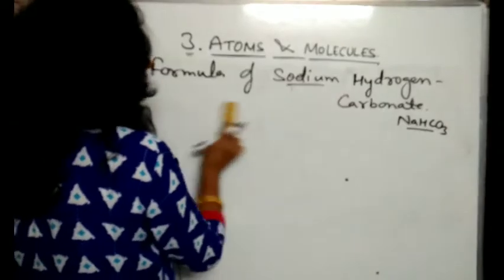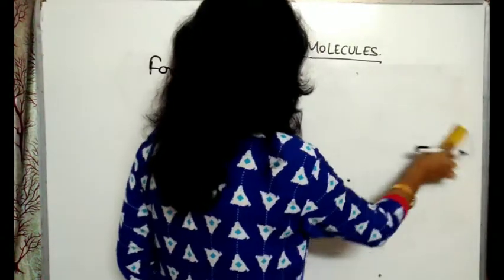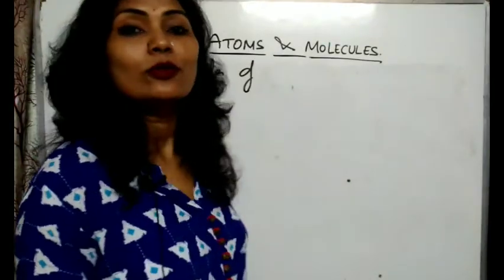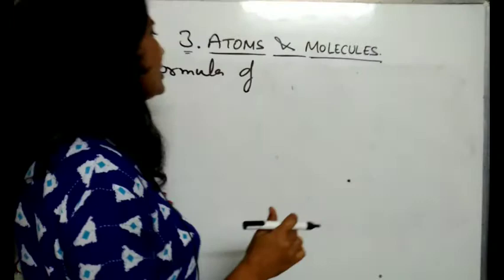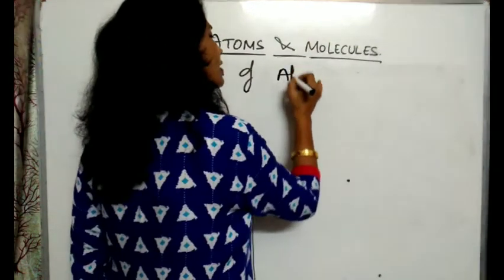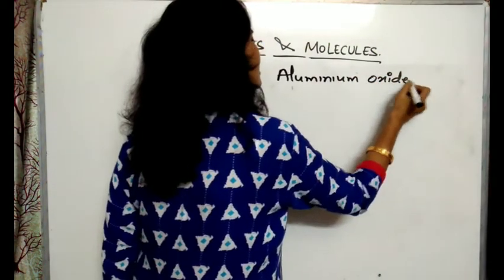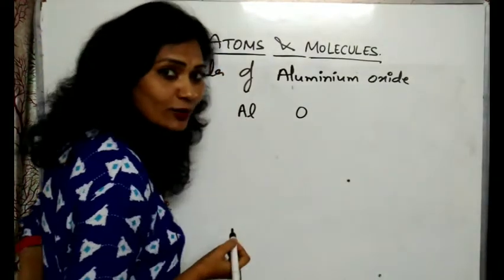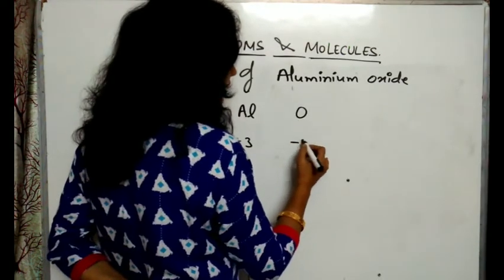We can take another example that you told me. We will take aluminium because its valency is different. Its valency is plus 3. So you have to learn the valency, otherwise you are not able to make the formula. The valency of aluminium is plus 3. So we can write the formula of aluminium oxide. Aluminium oxide means Al and O for the oxide. What is the valency of aluminium? It's 3 and oxygen minus 2.